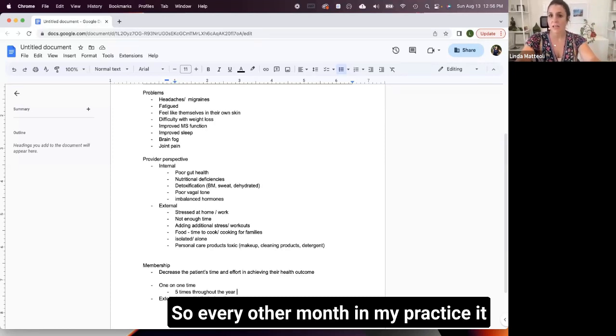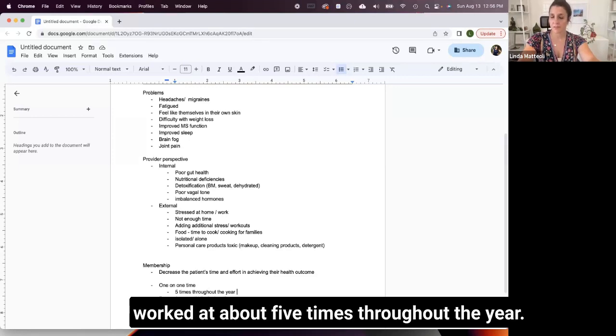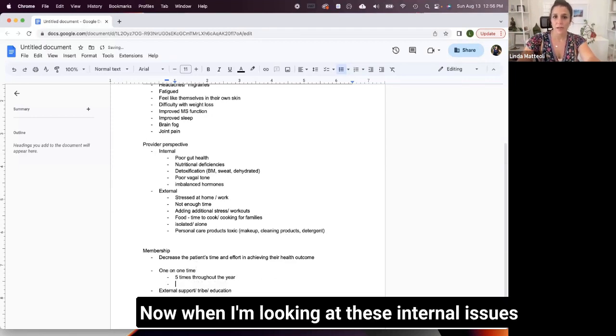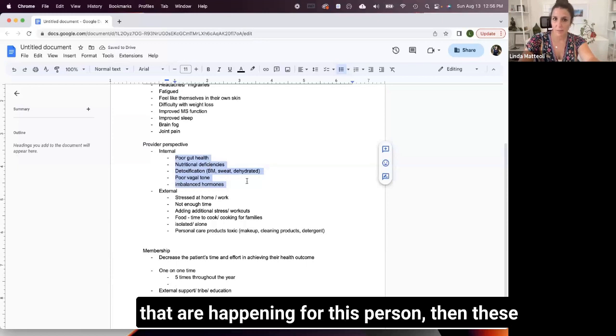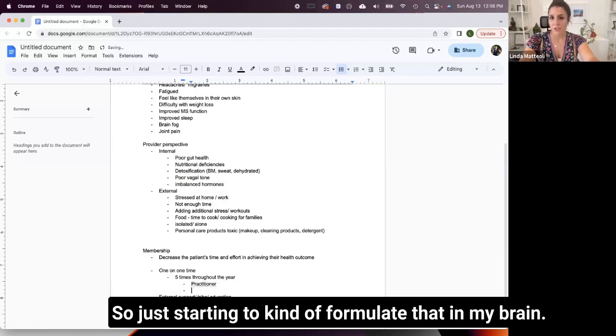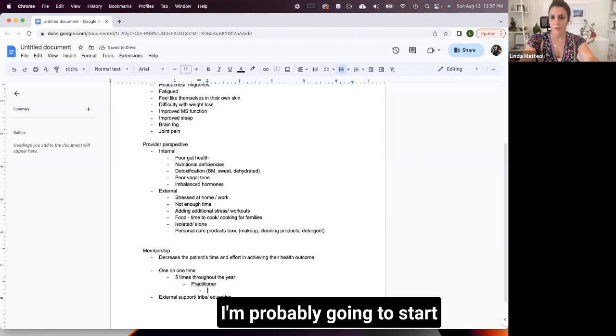So every other month. In my practice, it worked at about 5 times throughout the year. So that's just kind of that cadence initially. Now, when I'm looking at these internal issues that are happening for this person, then these are tools in my toolbox as a practitioner. So just starting to kind of formulate that in my brain,